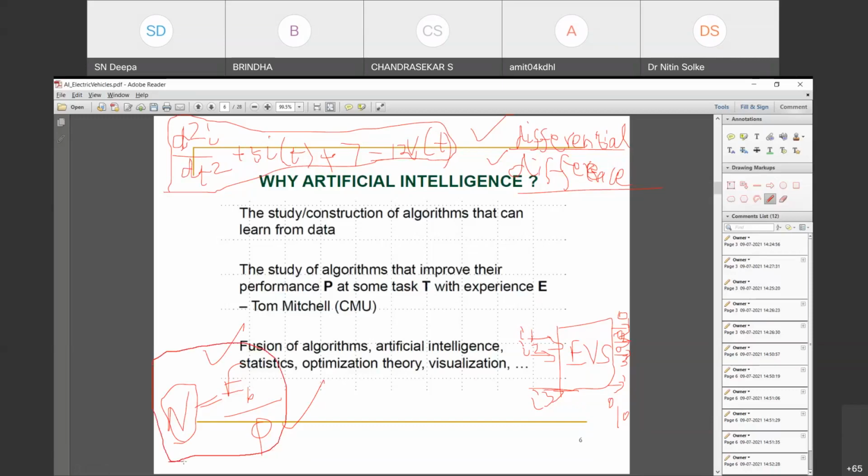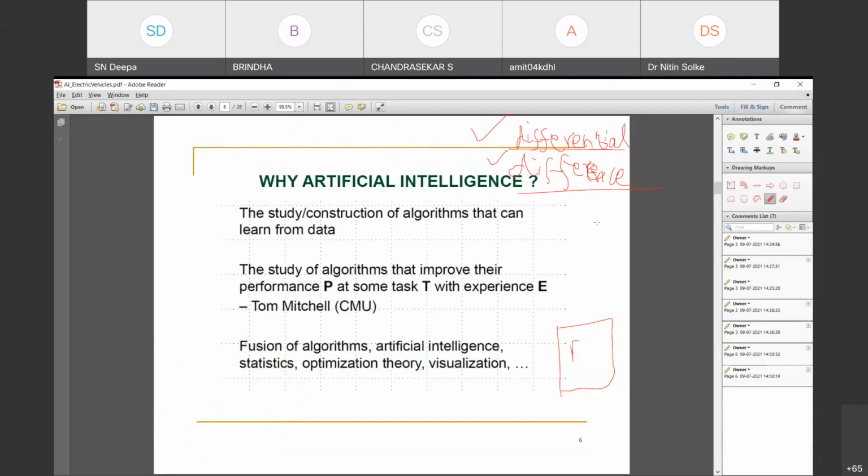This equation is called a mathematical model. This is my output, and these both are going to be the inputs. The relation between input and output is called a mathematical model. That mathematical model can be a normal equation, a differential equation, or a difference equation. Right? You accept it. Now my question is, I asked you for an aircraft,